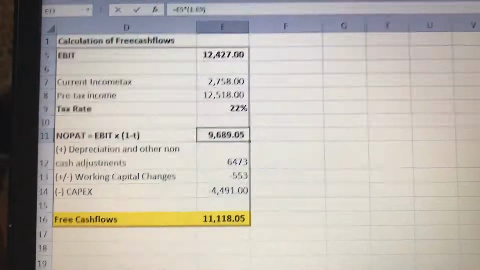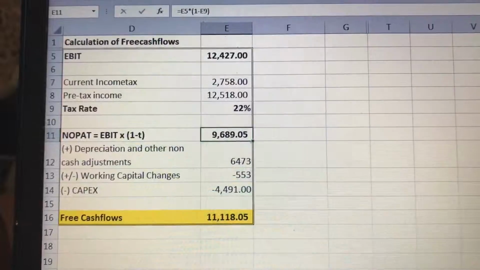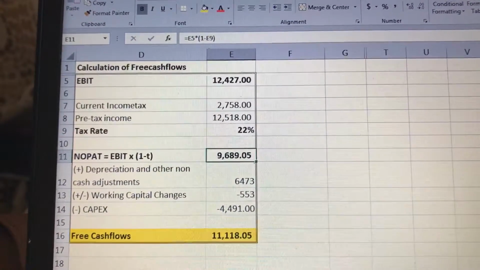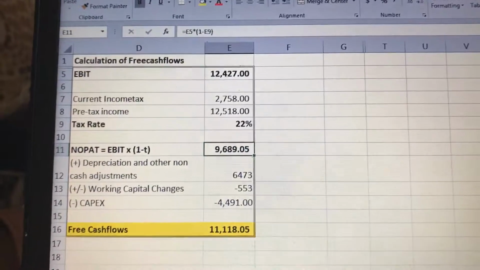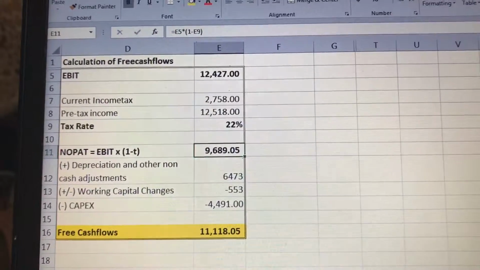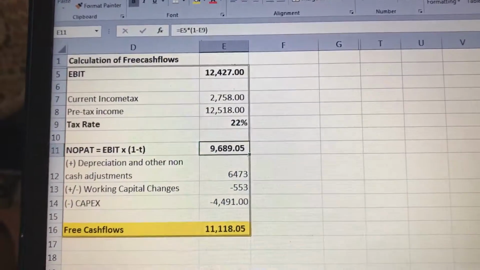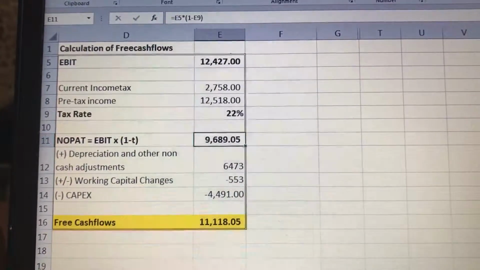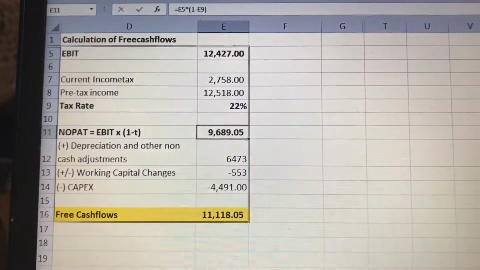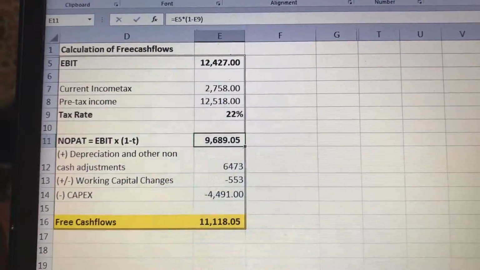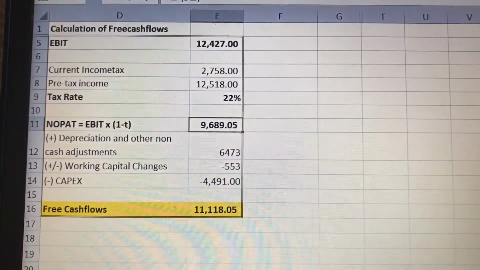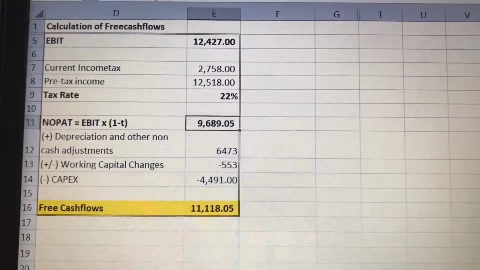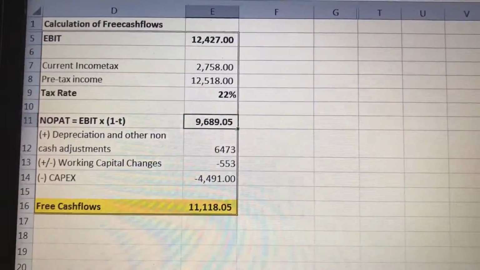So on the earnings before interest and tax, we're saying that 22% of that will go to the tax authority. So of the 12,427, once you deduct tax, you're left with 9689. That is available for your banks and the equity shareholders. So from this 9689, we've got to